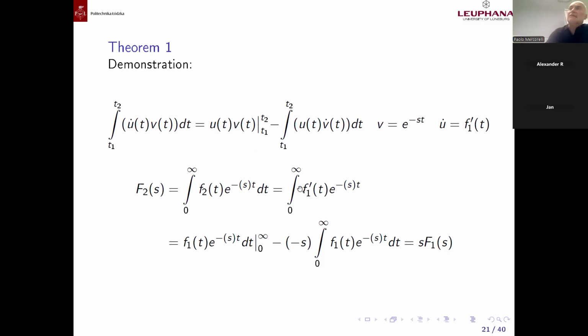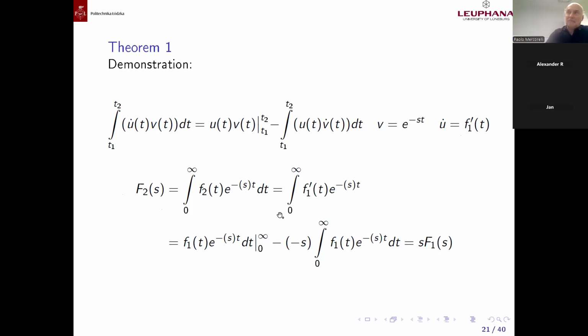If you want to look at home, it is exactly the definition, the rule. Here, v is the exponential function e up to minus st, and the derivative of u is f1 derivative in our case, and then I can apply exactly